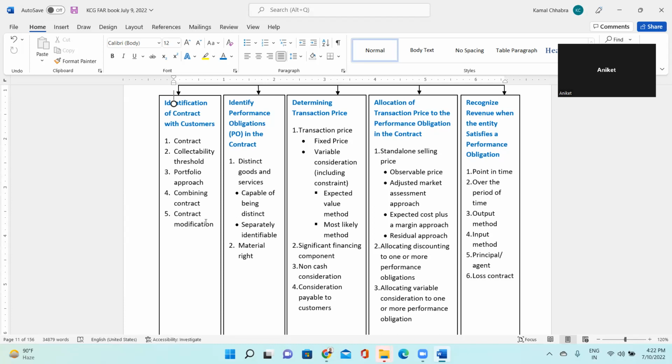The MRP of all these 5 things together is $1,000, which is your normal sales price, right? On the Black Friday day, you have given a deal of 40% discount. And all these 5 things are available to the consumer at $600. Then how do you allocate this $400 discount to the respective performance obligation?